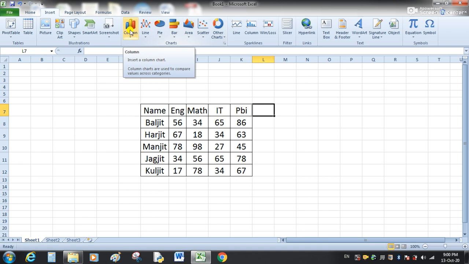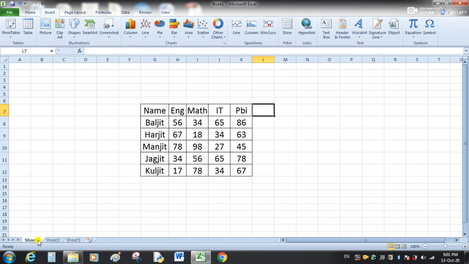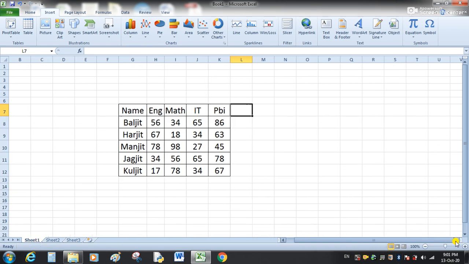Column charts are used to compare values across categories. We can insert the chart on the same sheet on which our table is present, or we can insert the chart on a different sheet. First of all, I will insert the chart on the same sheet.